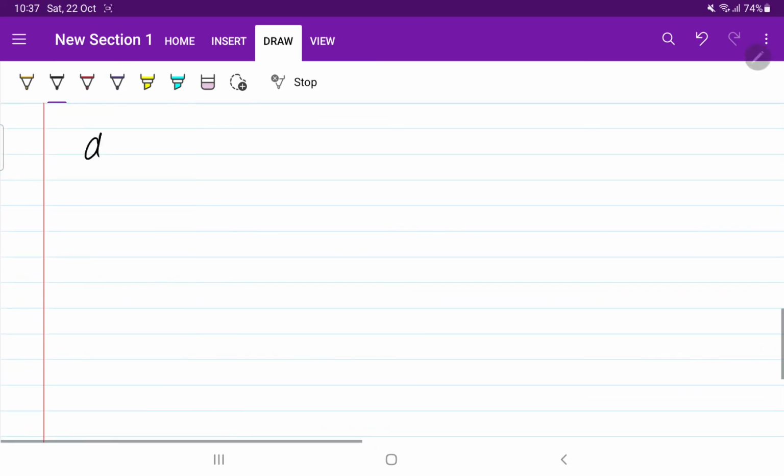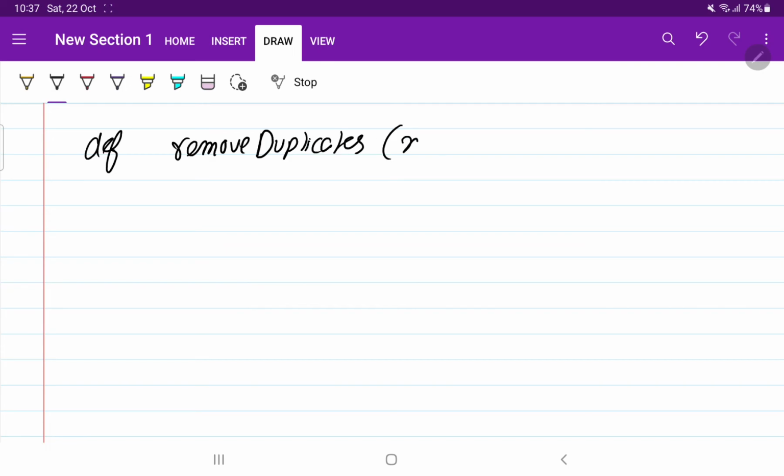So if we write the set function, it will be like this: def remove duplicates, and it will take nums. What we will do, we will take the list of the set of nums.